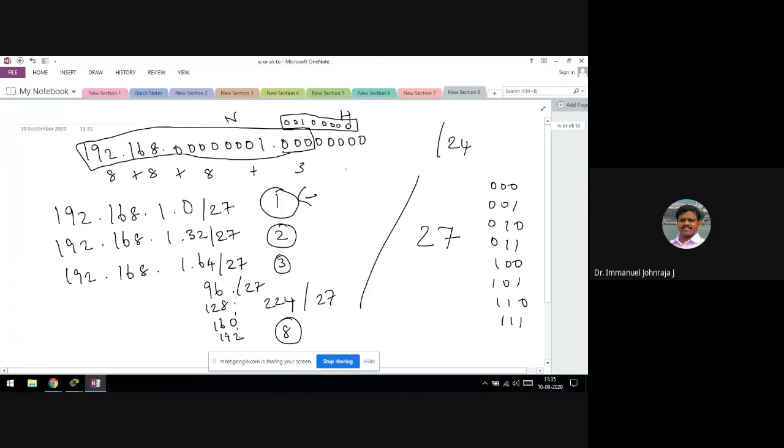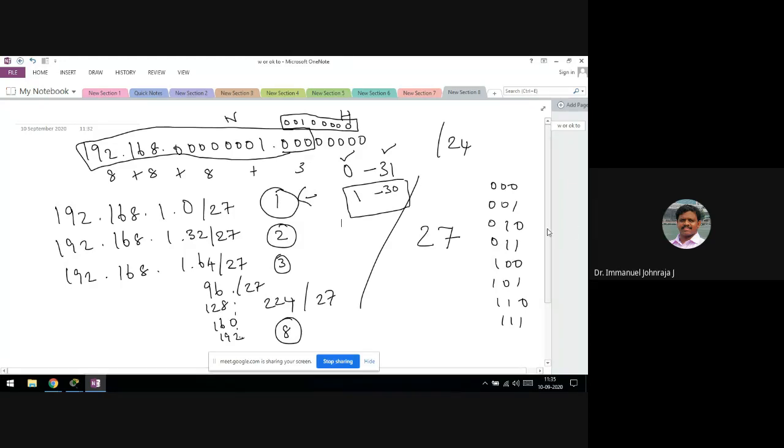It is ranging from 0 to 31. Why? Because 32 is the next network. So I can guess from this it is going to be 0 to 31, where 0 is the network address and 31 is the broadcast address. So usable hosts start from 1 till 30, so the number of usable host addresses is 30. Please remember, any network has one broadcast address and one network address, and these two are to be subtracted from the total number of usable IP addresses.